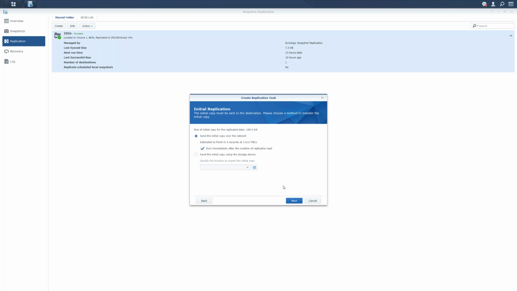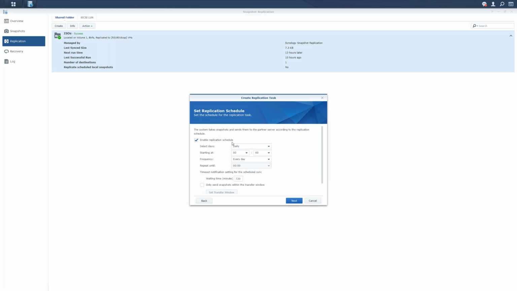This is very straightforward. It's saying, do you want to copy the data over the network, or do you want to copy it to a storage device? So you could actually do an export to like a USB drive. In most cases, I really don't recommend this just because of the amount of storage that you would need in the first place. The easiest thing to do if you want to set up replication of a lot of data is just bring both NAS on site, replicate from one to the other, and then bring the second NAS off site, and then just adjust the replication settings for the replication you've already made. So you can go in there, change the IP address or add a domain name, whatever you need to do to get that working.